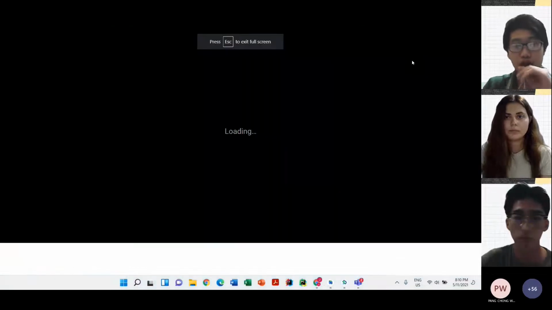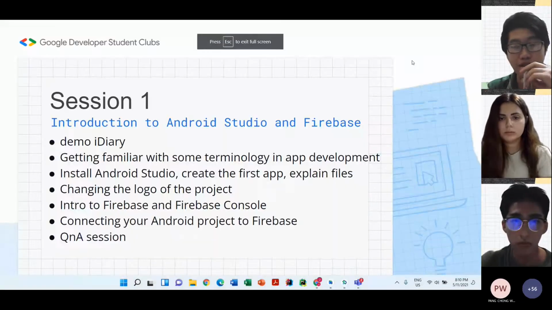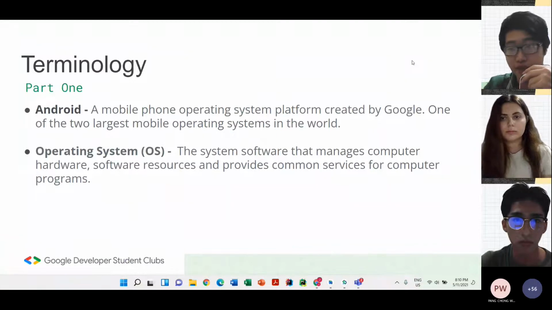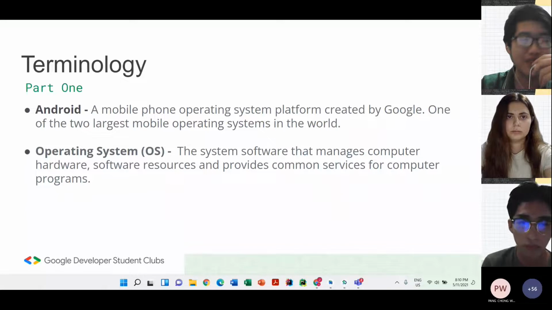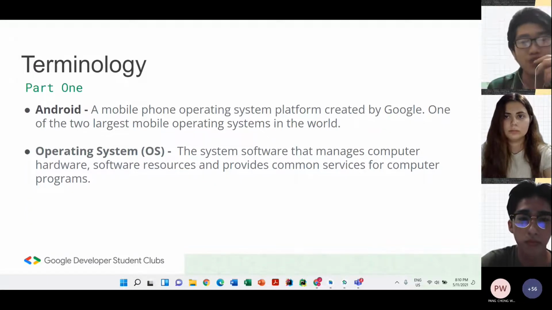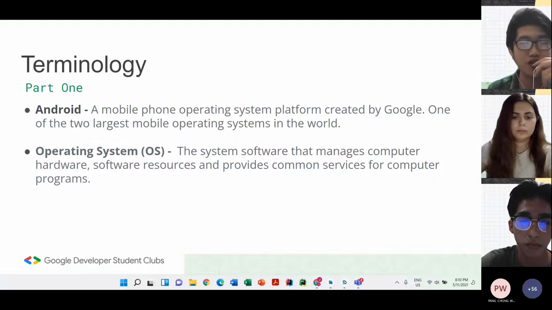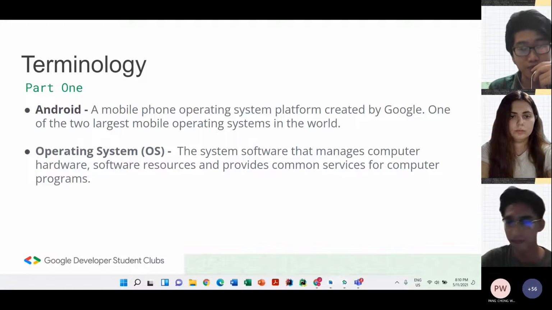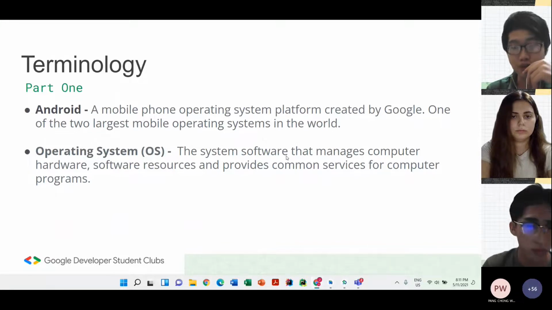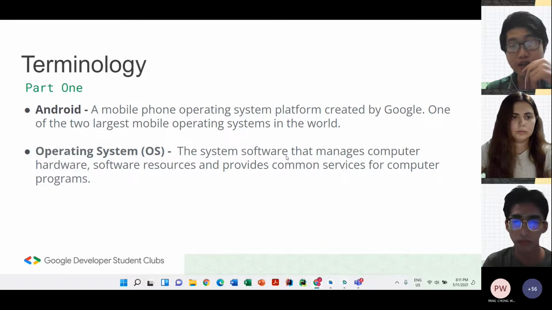Once you have clicked the download, because the file is pretty big, it's like 900 plus megabytes if I'm not mistaken, we will buy time with these term explanations. We'll start with Android. If you search the dictionary for the word Android, it will show you a robot. But in this case, Android as a proper noun means a mobile OS created by Google and is one of the two largest mobile operating systems in the world. The other biggest OS is iOS, which is created by Apple.